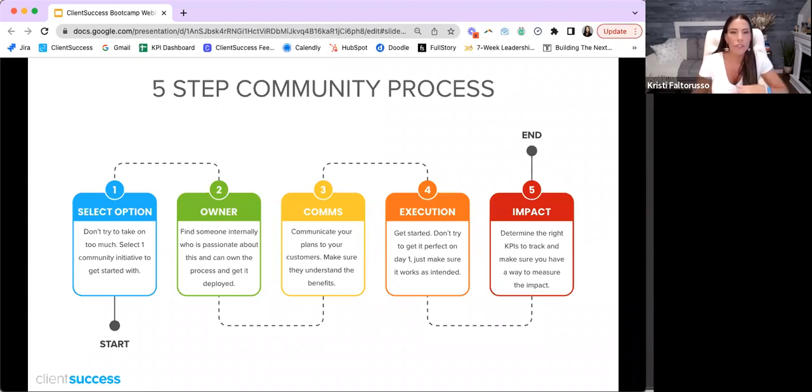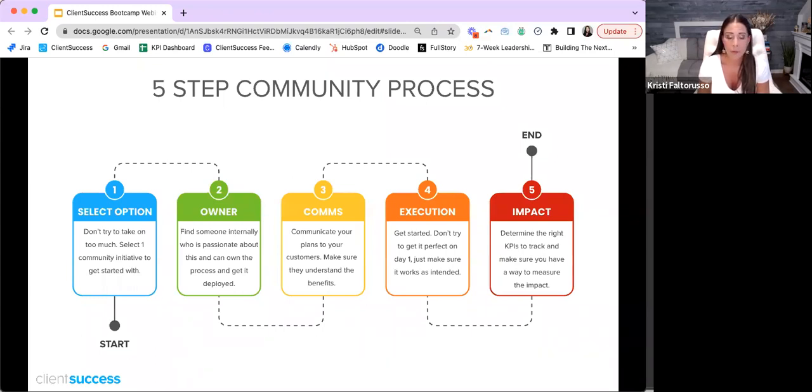Do not blast your entire community or all your customers if you're only going to work on a small scale thing, like, hey, we're just going to do a small 10-person roundtable this quarter with 10 CEOs. Don't tell all your customers you're starting to launch this roundtable conversation, even if it's once a month. You're missing expectations and you're communicating to them things that they can't participate in. So make sure your communication is on point to the right people, setting the right expectations. But you want to be early about this and intentional about it because you're going to want them to participate. You're going to have to make sure that they understand how.